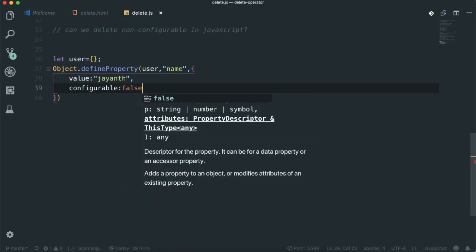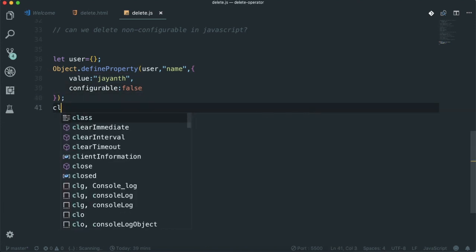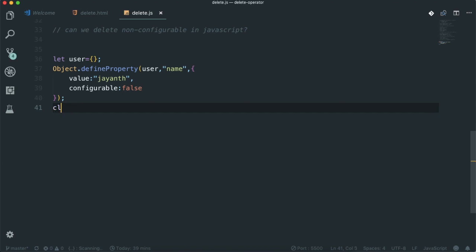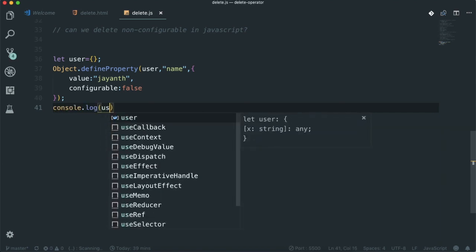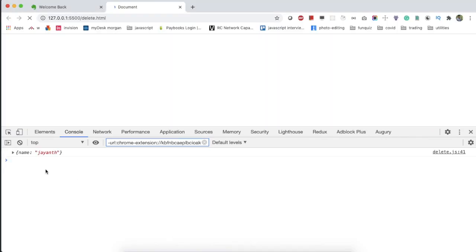Then only the value cannot be deleted from the JavaScript object. Let me see this. Console.log of user. You can see it looks the same, but this property is configurable as false. So that means you cannot delete it.